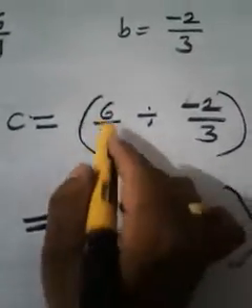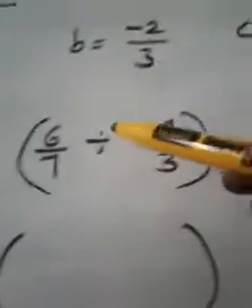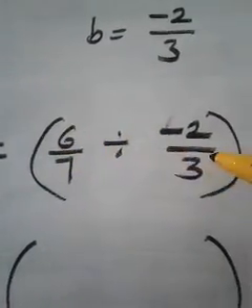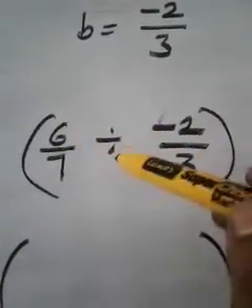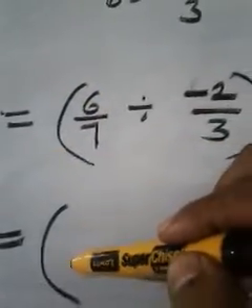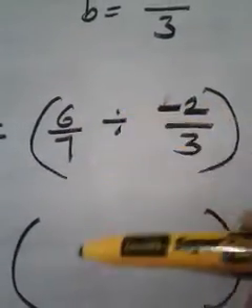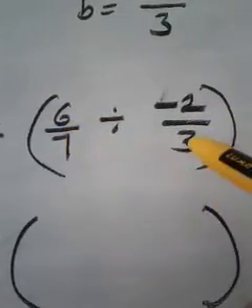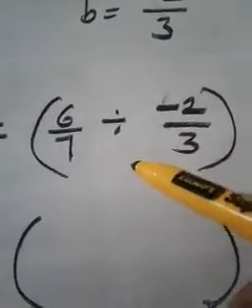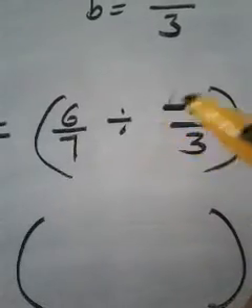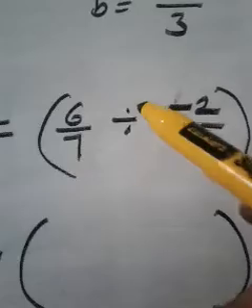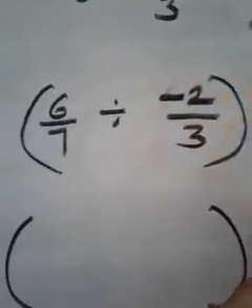Now just see 6 by 7, here the operation is division. You know how to divide two fractions. Write the first fraction as it is. Division will be changed into multiplication. Take the reciprocal. In order to divide two fractions, we can multiply with the reciprocal of the second fraction. I am repeating, instead of dividing two fractions, you can multiply with the reciprocal.